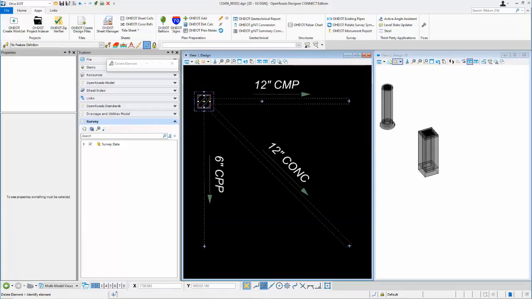Well, let's take a look at generating 3D conduits for our drainage pipes. So what I've got in my plan view is just one of my drainage structures and some pipes that I drew using the Visual Basic application. And over in my 3D view, I've got a couple of structures here.